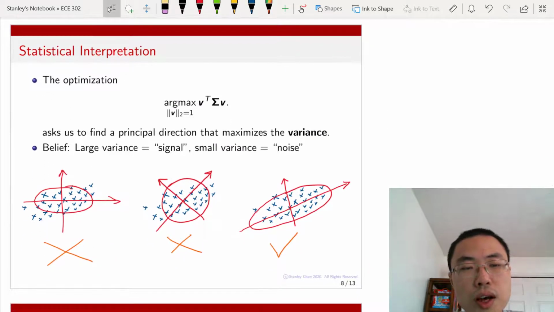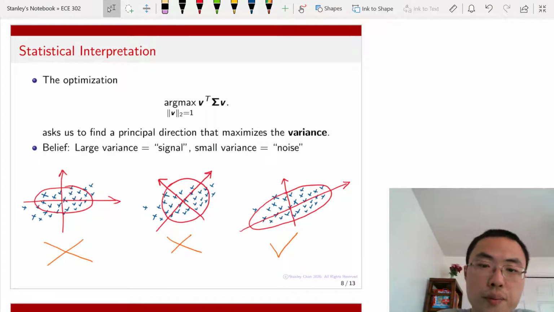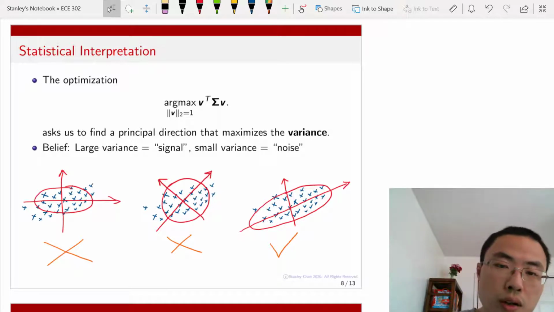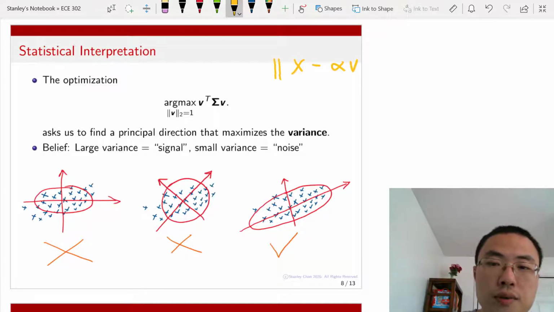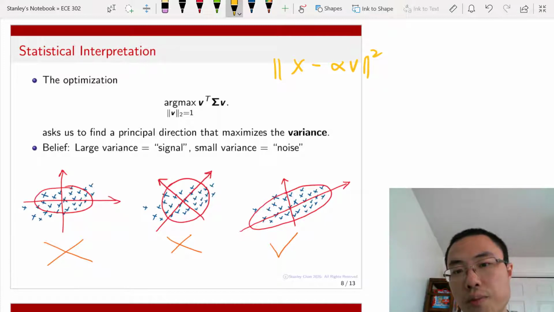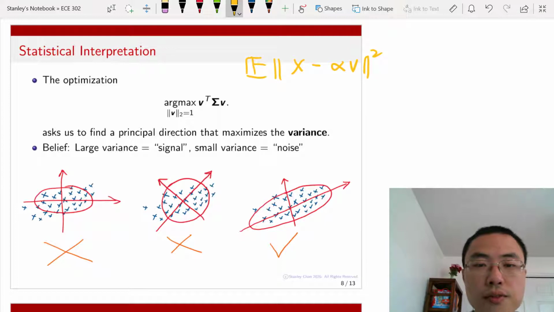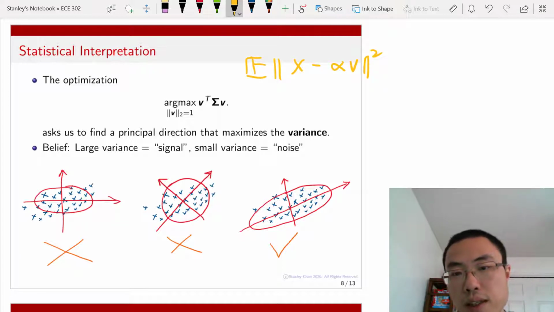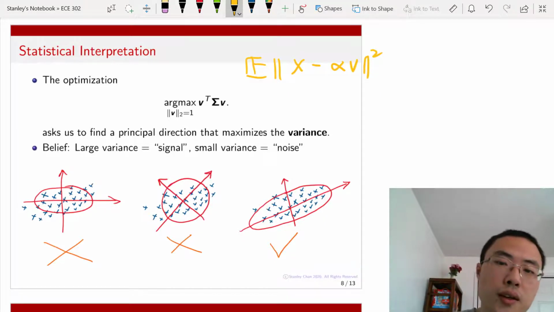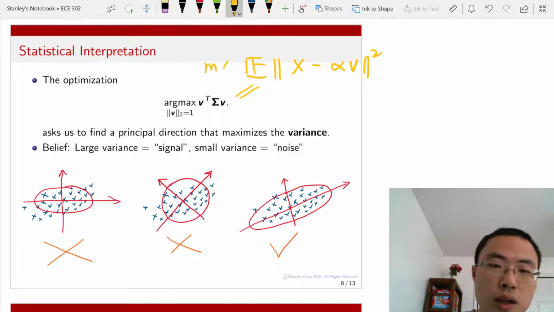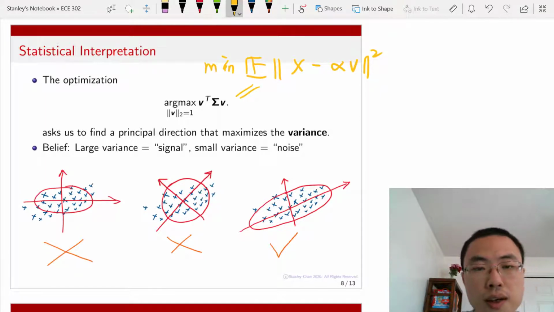All right, how do we interpret this problem? As you recall, all we are doing is finding an alpha and a v such that it minimizes the difference from x, and therefore it is an approximation of x. If you take the expectation, you are enumerating over all the data samples in your training set. We show that this problem is equivalent to this other problem, and therefore